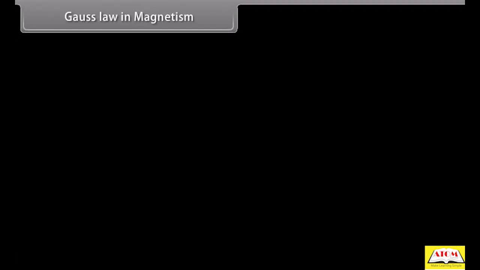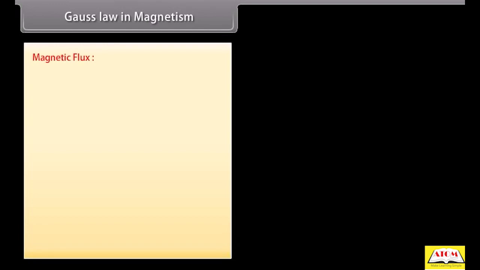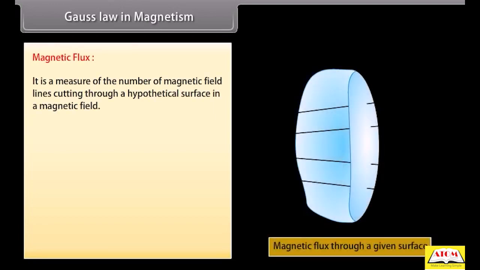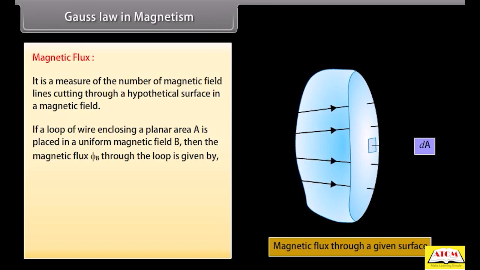Gauss's law in magnetism. Magnetic flux. It is a measure of the number of magnetic field lines cutting through a hypothetical surface in a magnetic field. If a loop of wire enclosing a planar area A is placed in a uniform magnetic field B, then the magnetic flux Φ_B through the loop is given by the dot product of B and A,